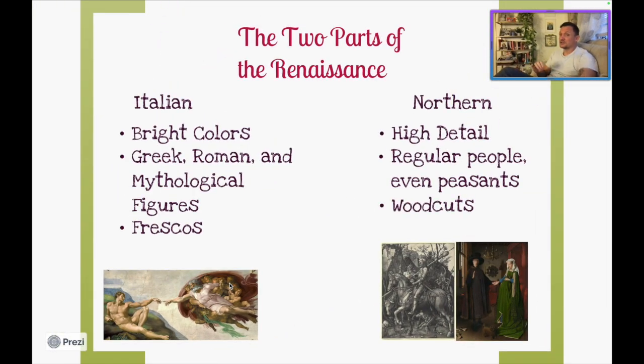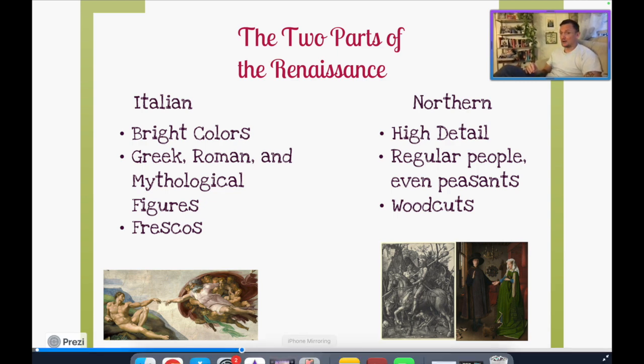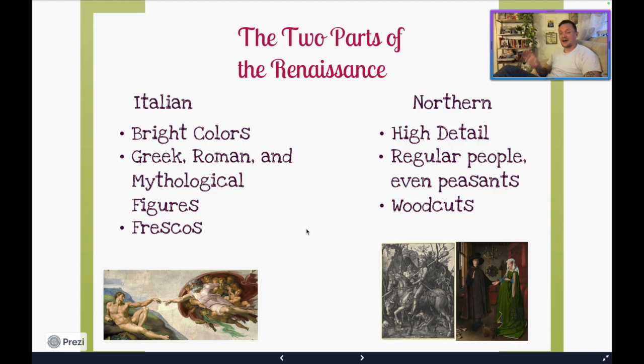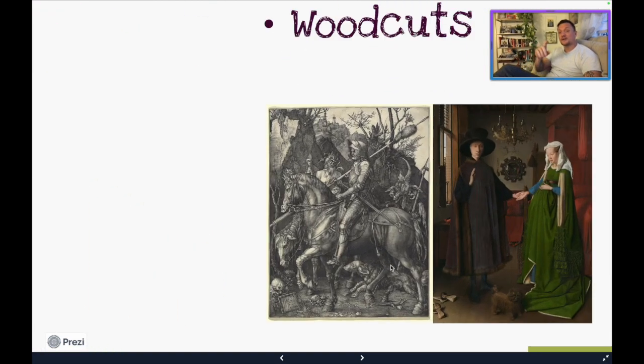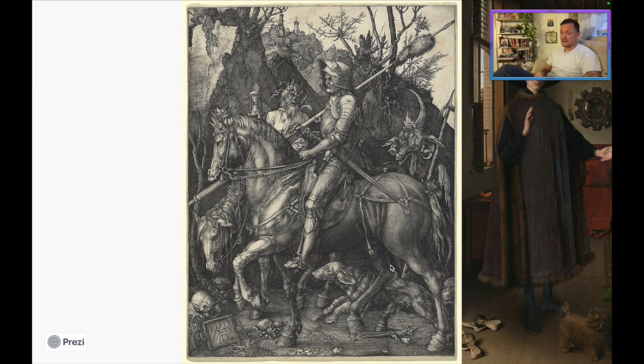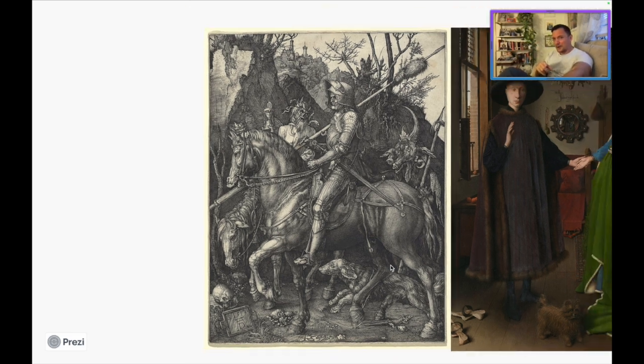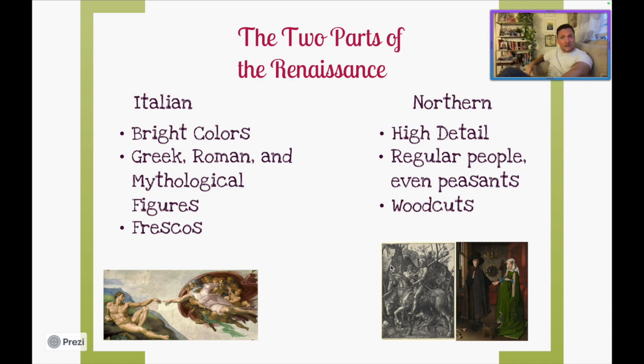Whereas in the Northern artworks, you're going to see things like woodcuts used, which you won't see very much at all in Italian artworks. Not completely never, but almost never. This right here is a woodcut. That is Knight, Death, and the Devil, one of my favorite pieces by Albrecht Dürer. One of y'all is also going to be presenting on that one. How that was made was literally by having a block of wood and cutting etch marks into it, then putting it into a printing press, laying ink on top of it, and stamping it repeatedly. I think some of y'all probably did that project in Miss Aconi's class when you were taking her art class.